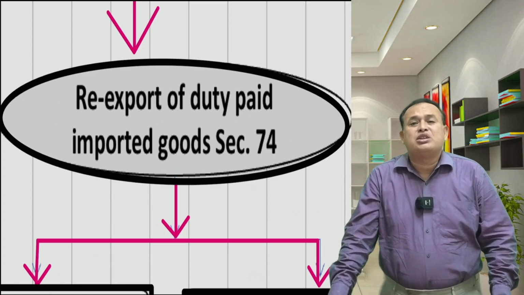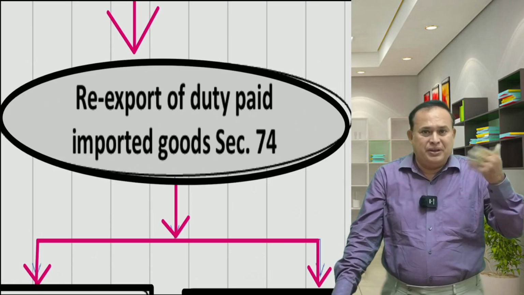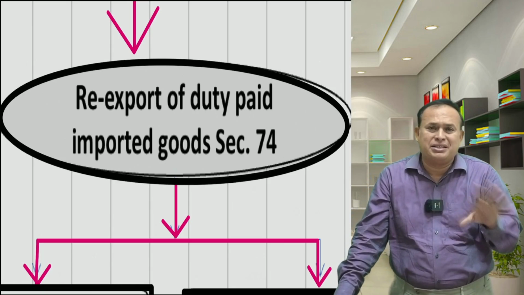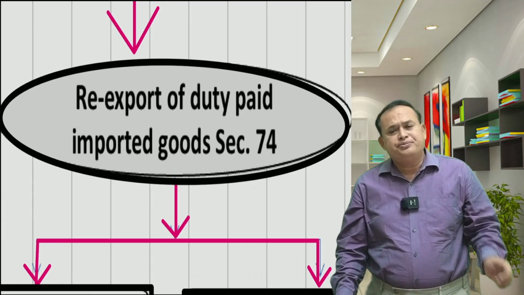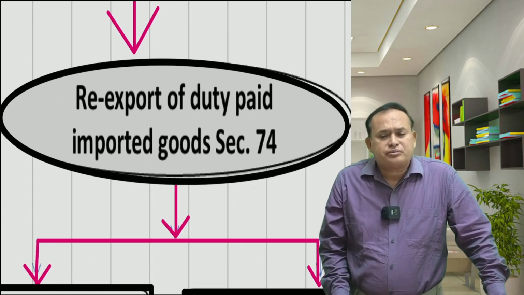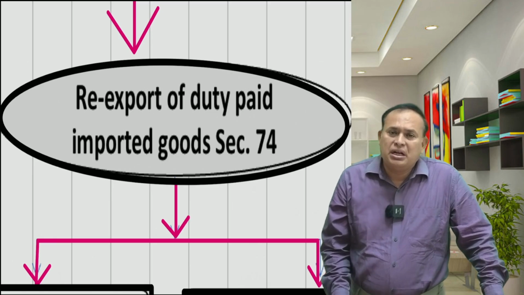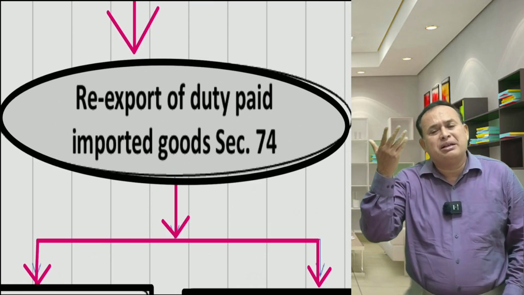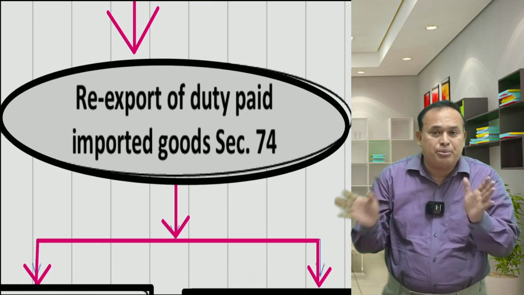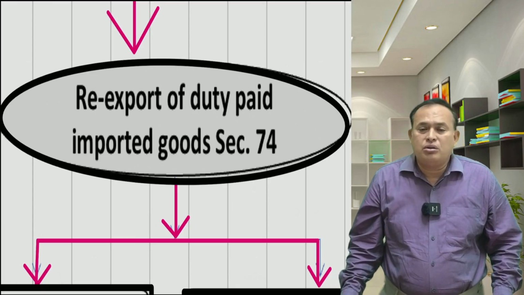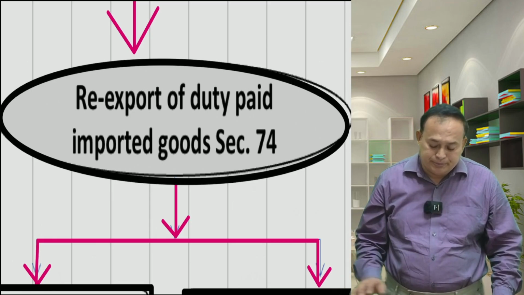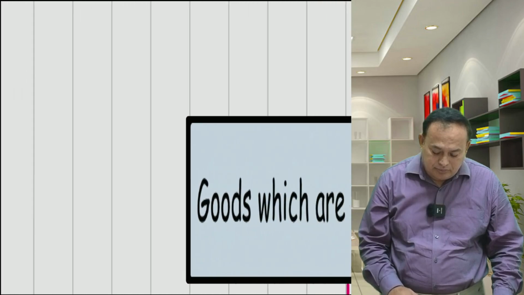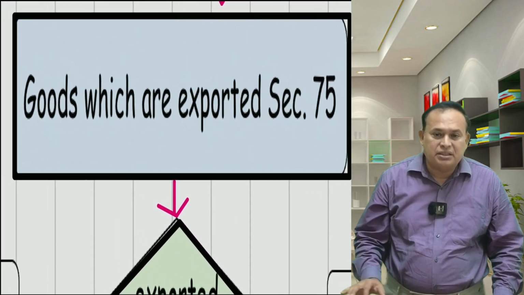refund under section 26A. See, claiming refund and claiming duty drawback for one transaction is not an allowed practice, which is a fraudulent activity. Therefore, duty paid on imported goods, I have not claimed refund. Now I re-exported back the same goods within the time period permissible to me. If so, on account of re-export of imported goods, duty paid on imported goods can be asked for duty drawback, section 74. On the other hand, we have one more section, section 75,